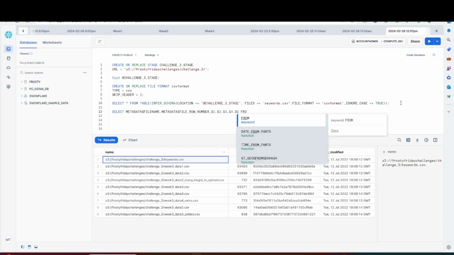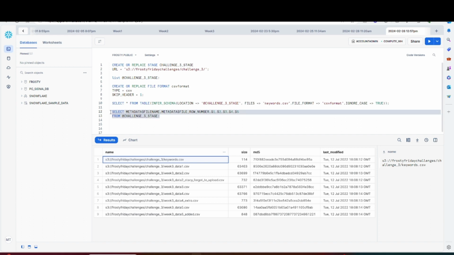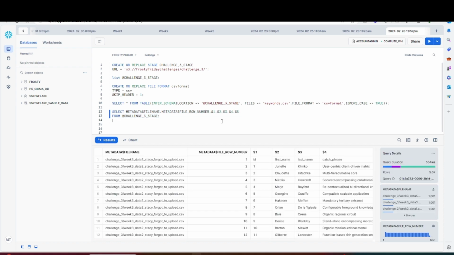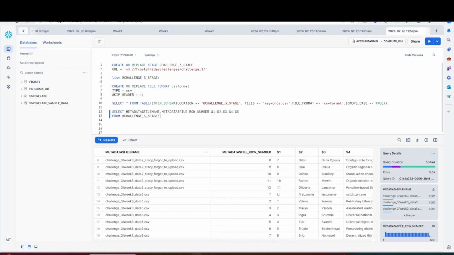So I'm going to do a new line here. Let's go for the stage. Yeah, let's see what we get from here. Something like this. Alright. Okay, let me see what I can do. Let me just order this by